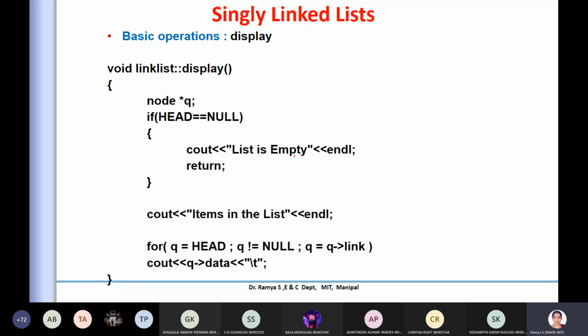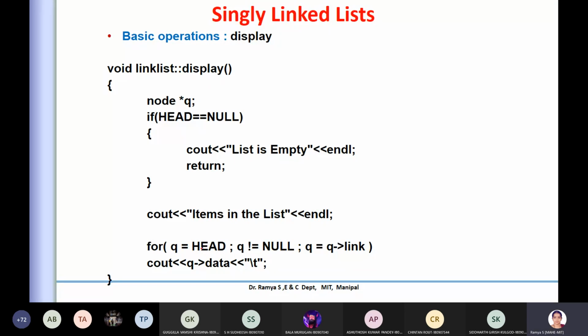In the case of the next, if there is the header value, if there is a value already, you're checking until you find the null. Null will be at the end position of your linked list. So you're just appending the queue to queue link. It is going to the next address of that, and you're just counting here, or displaying cout for this. Similarly, if you put a counter here, that will become a counting number of elements in that. I hope it is very simple.